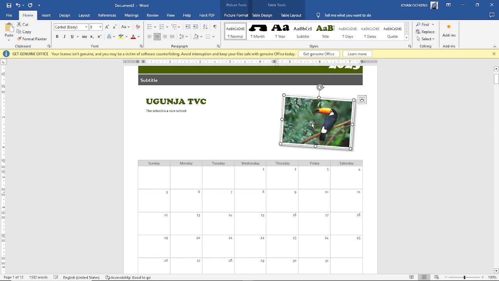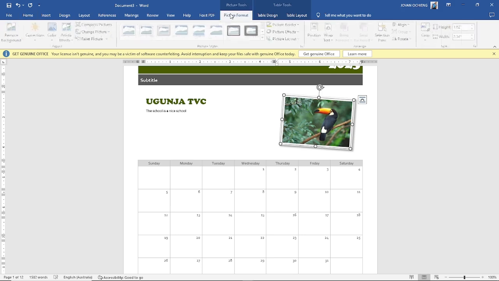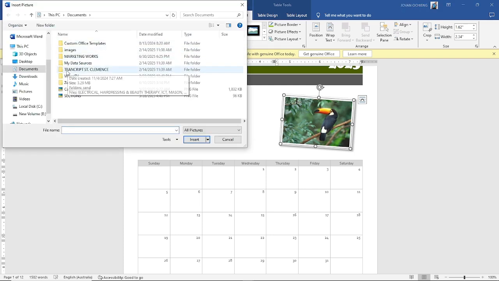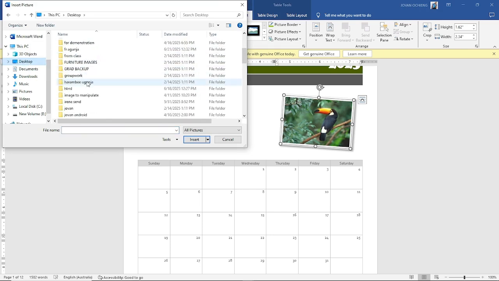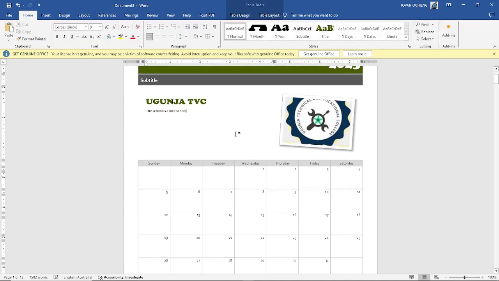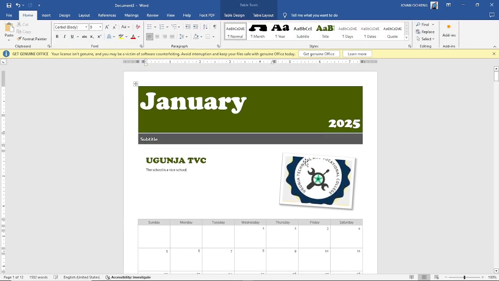Then you can also click this image and change the image if you want. So you can decide maybe to place a picture here of Ugunja TVC. You go to change this picture. You'll come to picture format, and then you go to change picture. Change picture is here. Then you click from this device. We want to change a picture from this device. Then we are going to select a picture that we have. Let me select one, and then I can select the logo for the institute, and then I click insert. With that already, we have started doing what we call editing